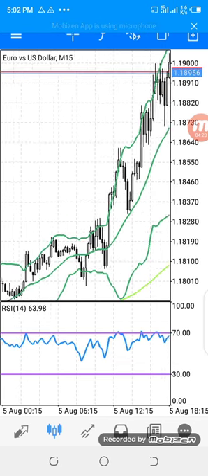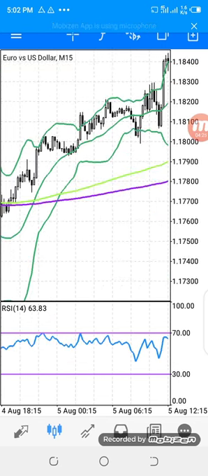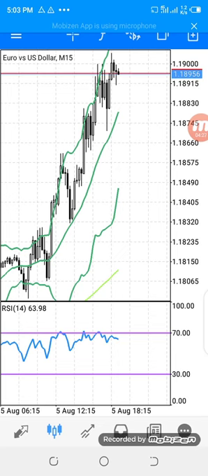What I do with this strategy is I switch over to 15 minutes and I determine the trend. From what you can see, if you turn the screen like this, it has been going in an uptrend.